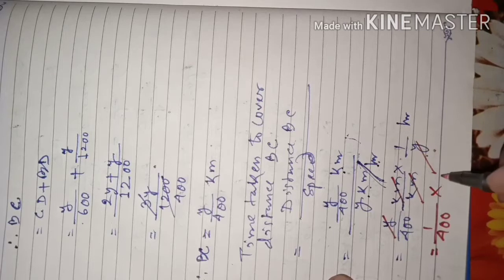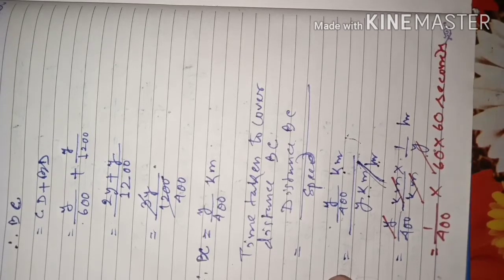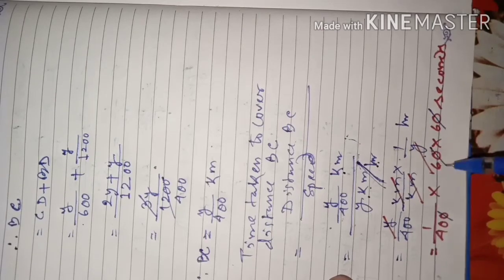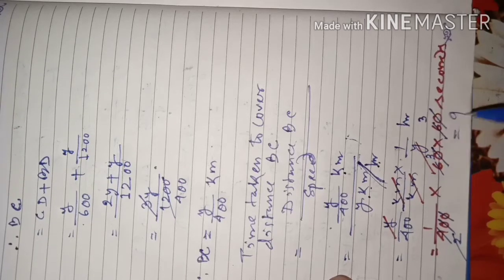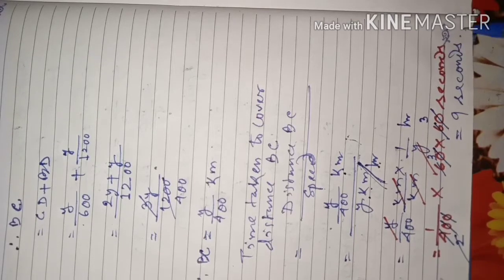into 60 minutes, and in 1 minute 60 seconds you write, so seconds. Then zeros can be cancelled. A 0 from here, a 0 from here, a 0 from here, a 0 from here. By 2, 2 times, by 2, 3 times, 2 3s are 6. By this 2, again this 6 you can cancel 3 times. So ultimately you have got this 2 3s only, 3 into 3, 9 seconds. So the result is 9 seconds. Okay students, this is our answer.